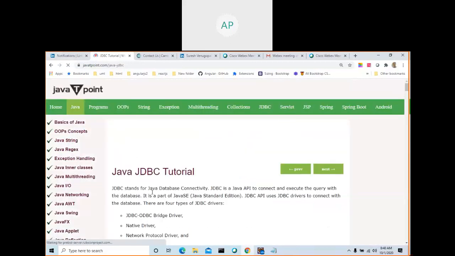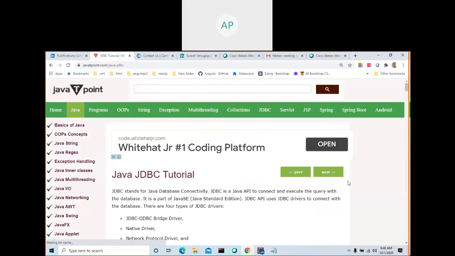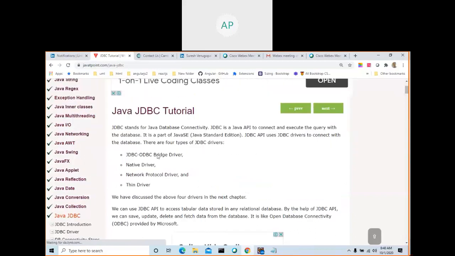JDBC stands for Java Database Connectivity. JDBC is a Java API to connect and execute queries with the database. The JDBC API uses a JDBC driver to connect with the database.